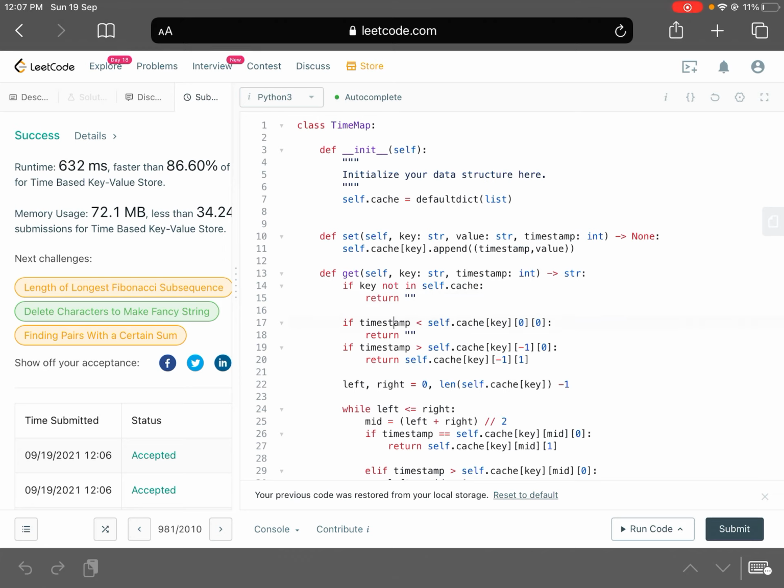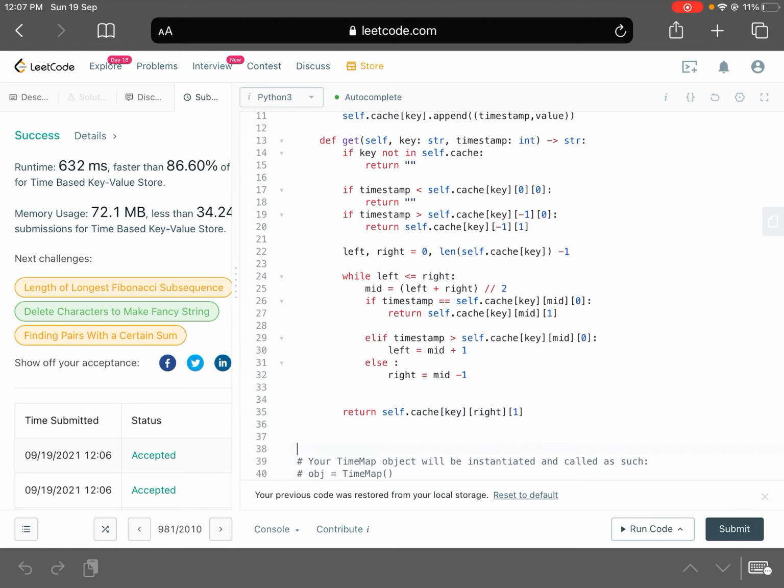One is whether the value is lesser than the first element of the cache. If so, then we just return empty string. If the value is greater than the last element, then we can just return that element. If not, you do binary search, right? And when you do binary search, use the property that once binary search is completed, you would have the right pointer pointing to the element value that is actually lesser.